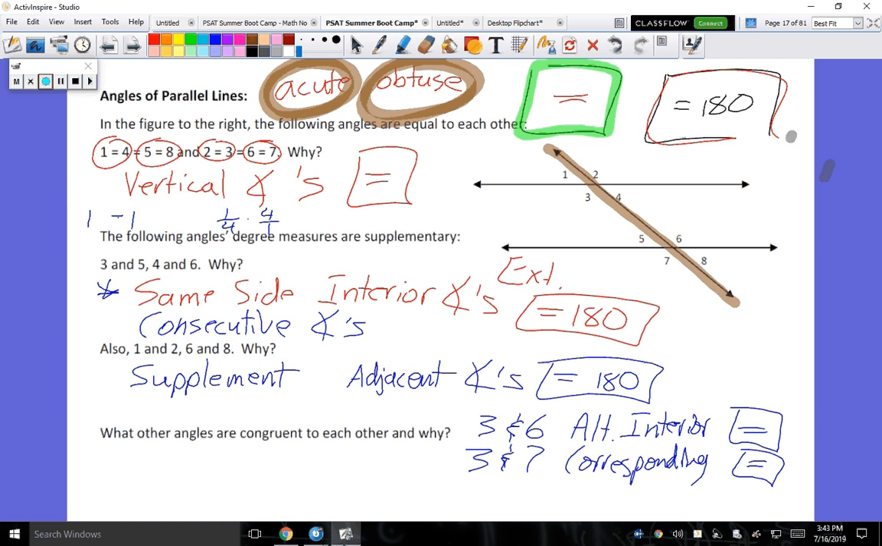I think there's one more. 7 and 2, or 1 and 8, right? So let's put 7 and 2. And they are equal. What are they called? Alternate exterior. Alternate exterior. Nicely done. All right. Cool. Any questions, guys? Okay. Let's move on to